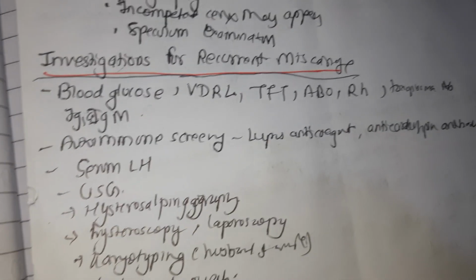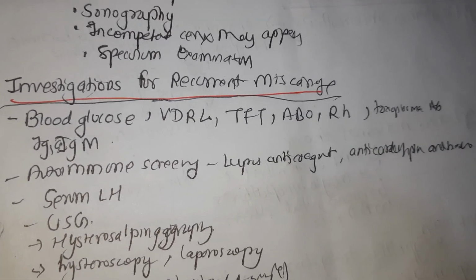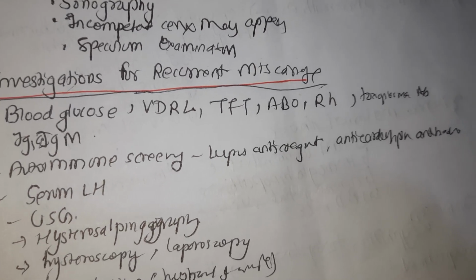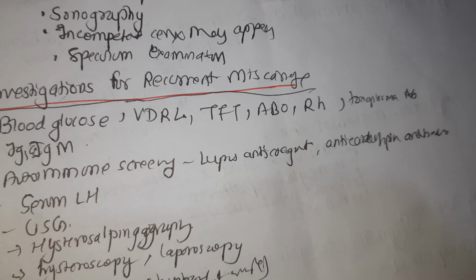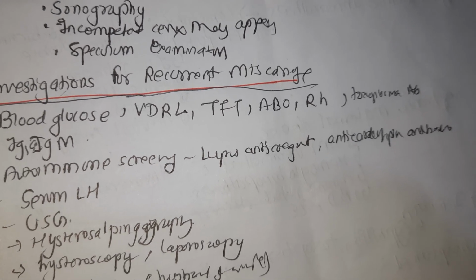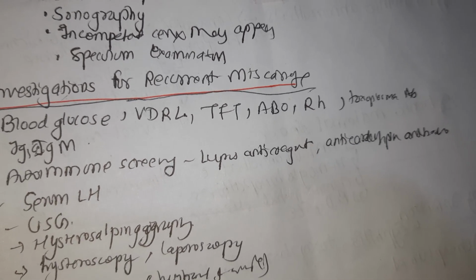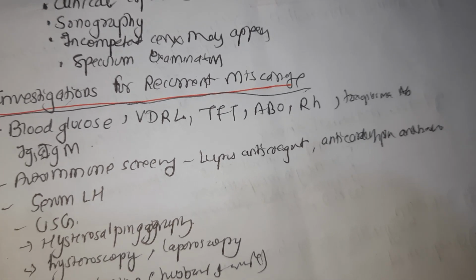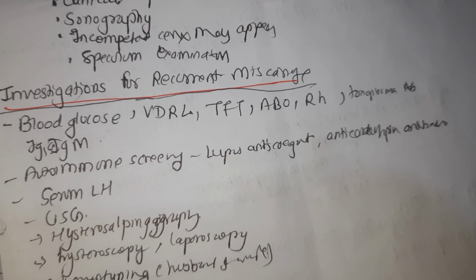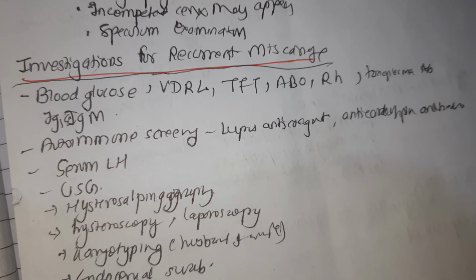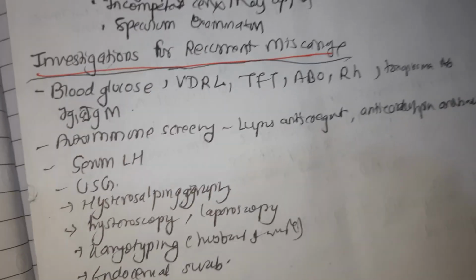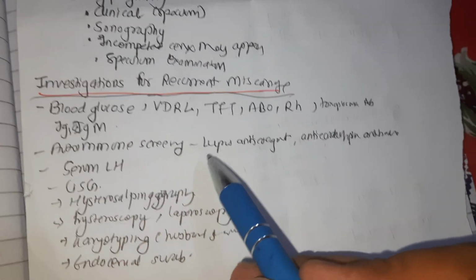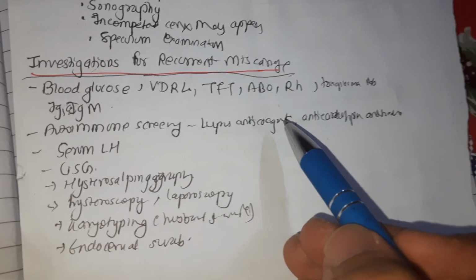Talking about investigation for recurrent miscarriage, a thorough medical, surgical, and obstetric history with meticulous clinical examination should be carried out to find out the possible cause, as mentioned previously. Careful history taking should include the nature of previous abortion process, histology of placenta, karyotyping of conception if available, and any chronic illness. Diagnostic tests include blood glucose, fasting and postprandial, VDRL test, thyroid function test, ABO and Rh grouping of husband and wife, toxoplasma antibody IgM and IgG, autoimmune screening, lupus anticoagulant and anticardiolipin